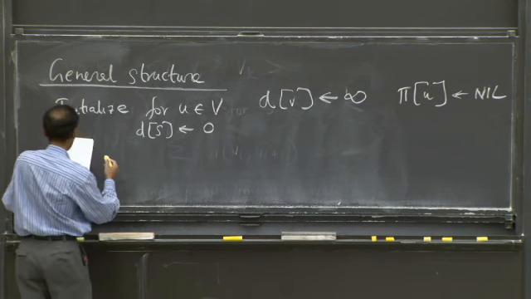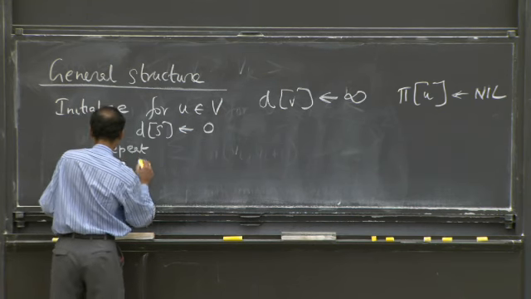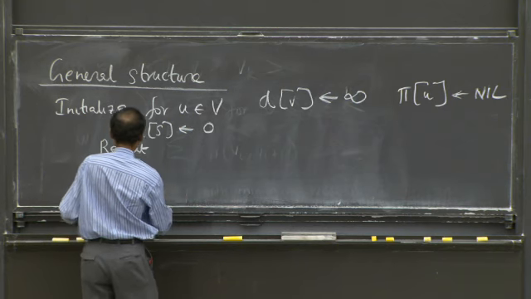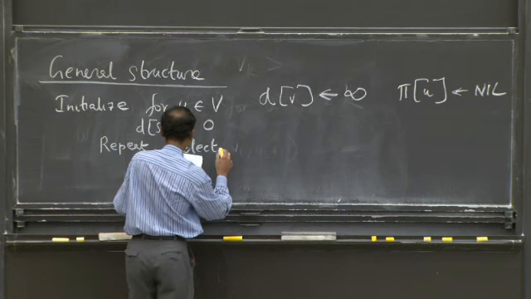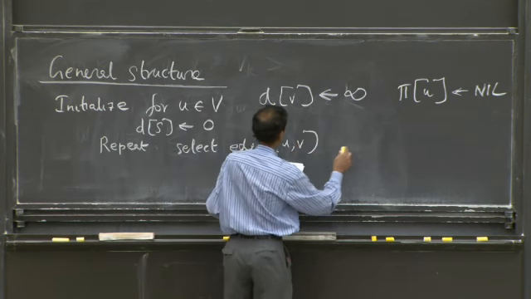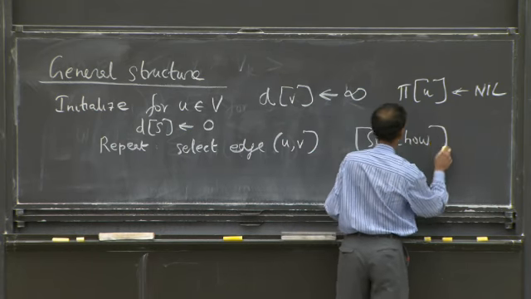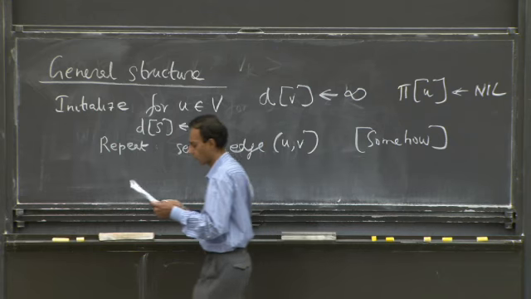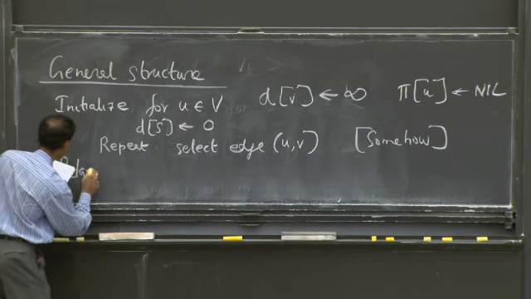And what we're going to do is essentially repeat: select some edge (u, v), and I'm not specifying how. This is going to result in a different algorithm depending on the specifics of how. But the important notion is that we're going to relax